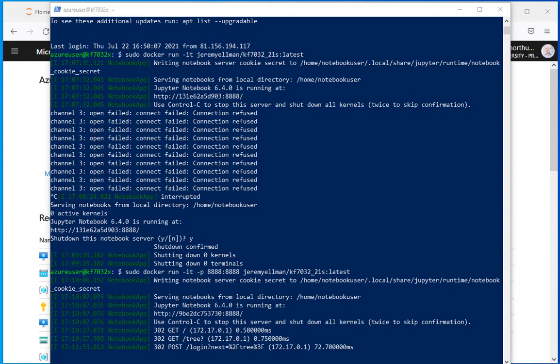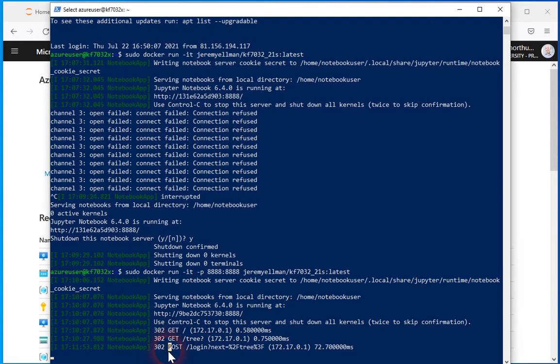So we're at this point here. We've got the Jupyter Notebook, which we've just accessed through a web browser, and we're just going to go and turn everything off. The notebook is stopped simply by hitting Control C in